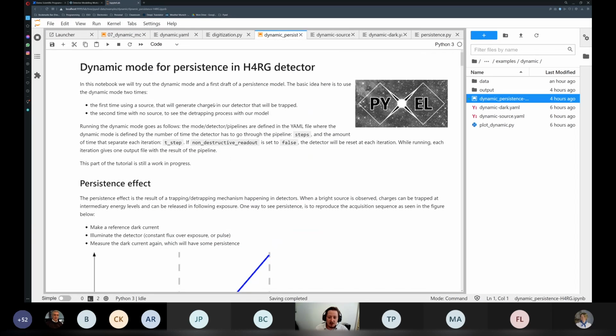So in this notebook, I'm using the dynamic mode in order to simulate persistence. So what do I need to do in order to implement persistence inside of Pyxel? The first thing that I need to do is to create some kind of memory inside of the detector. So I created an attribute on the detector object in Pyxel, which is the memory attribute, which you can use to store temporary results of your detector. And for me, I'm storing the amount of charge that is being trapped by persistence